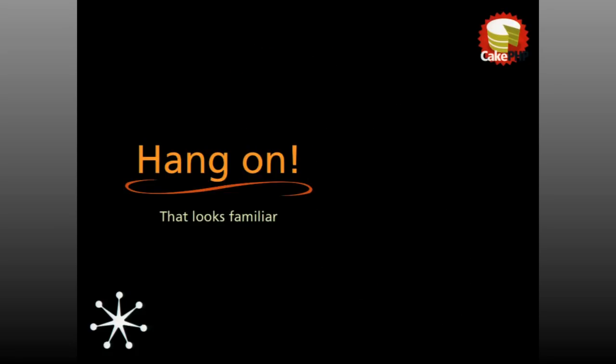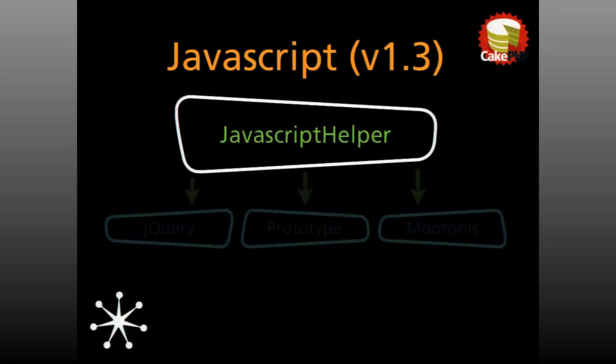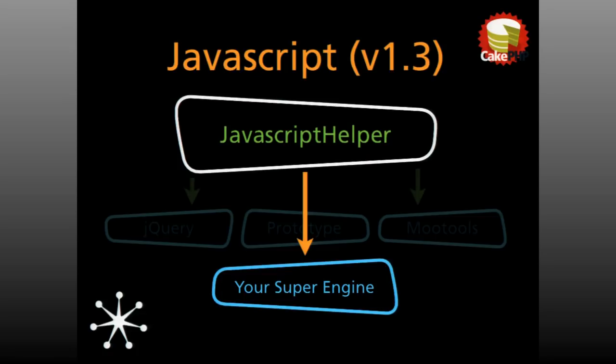So that looks a little bit familiar. If anyone's looked at diagrams that I've put up before, blogged about, looks a little bit familiar. It looks like the JavaScript engine that was done for 1.3. It's almost identical. So instead of using the core provided engines, you implement your super engine, but it extends a base engine helper. So slightly different in that one's implementing an interface, the other one's extending a base, but similar to the collections that we've done in rearranging those to all operate in a similar fashion. It's a similar style of approach with the JavaScript stuff and the session handling.